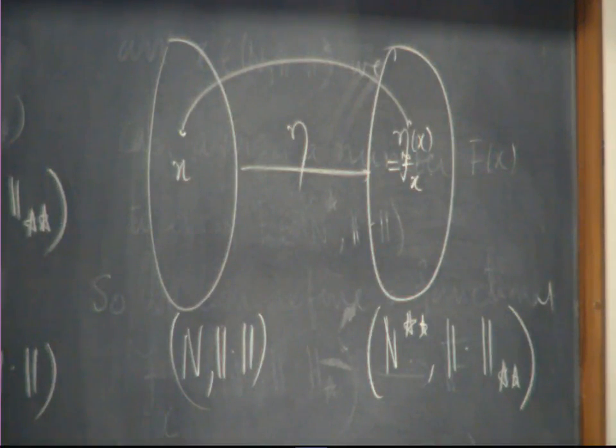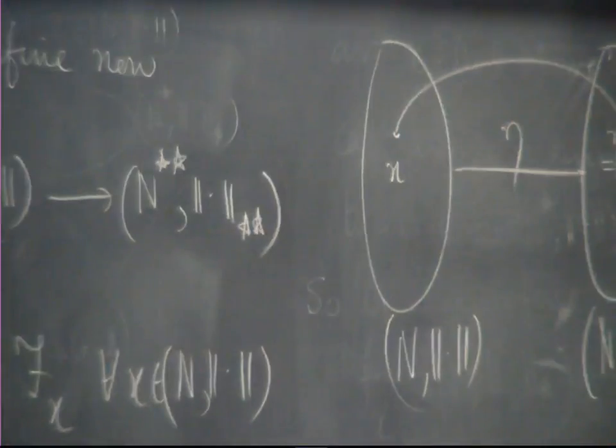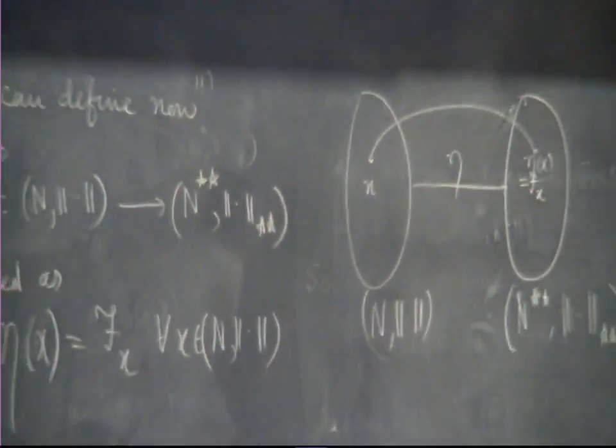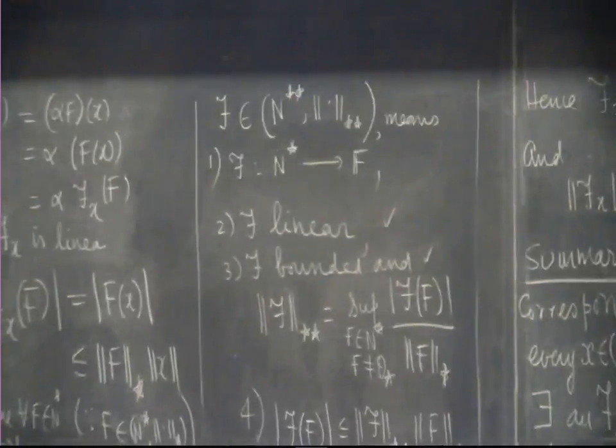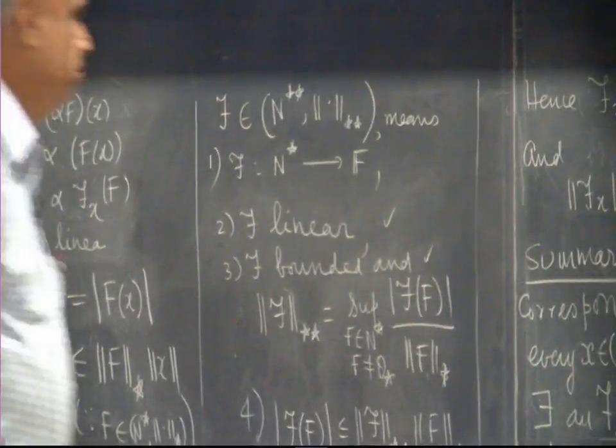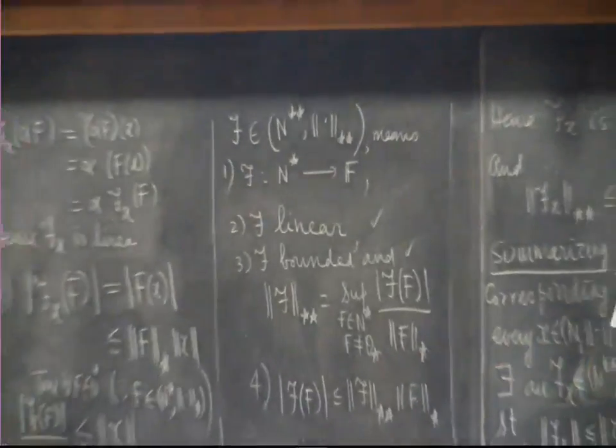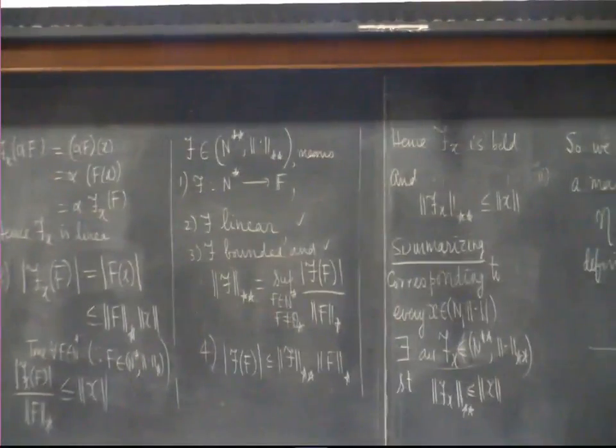The dictionary in between, we need a translator, that is n star. That fellow, eta, gives rise to this dictionary, and that makes how to translate x to a fellow there. You translate him into fx. How do I get fx? You have to go through this in between fellow n star. Okay. Now there are many questions that arise.